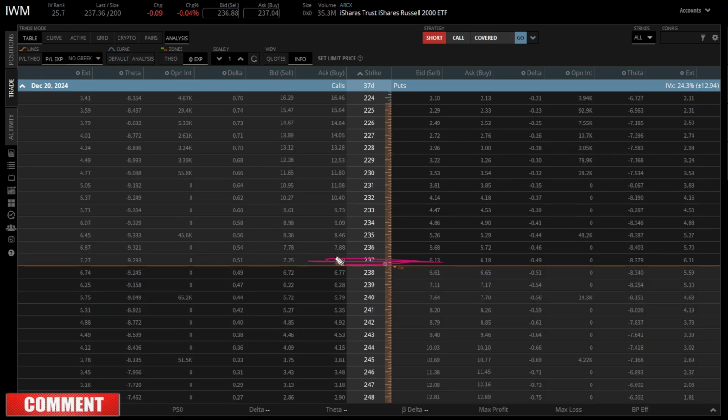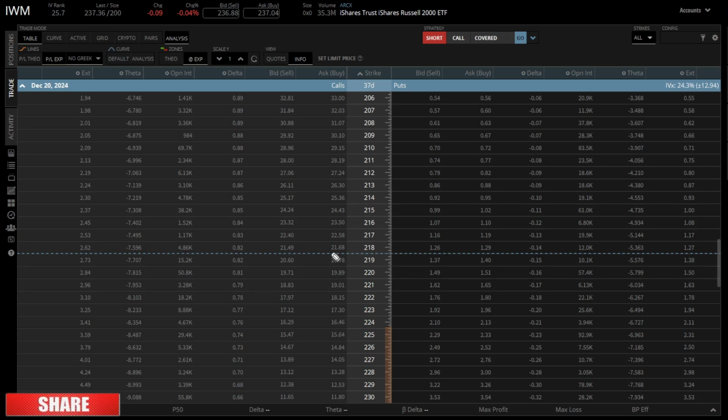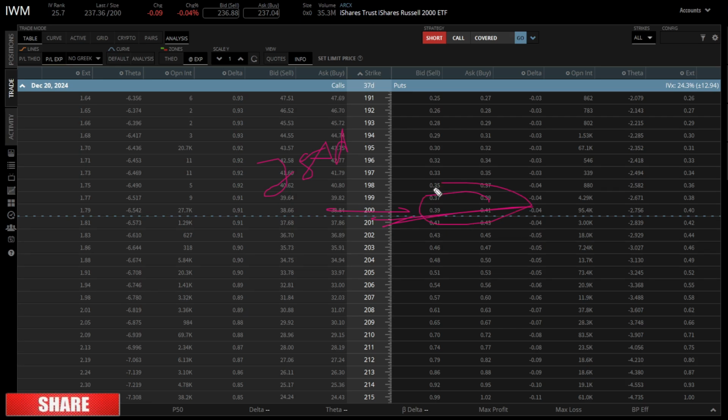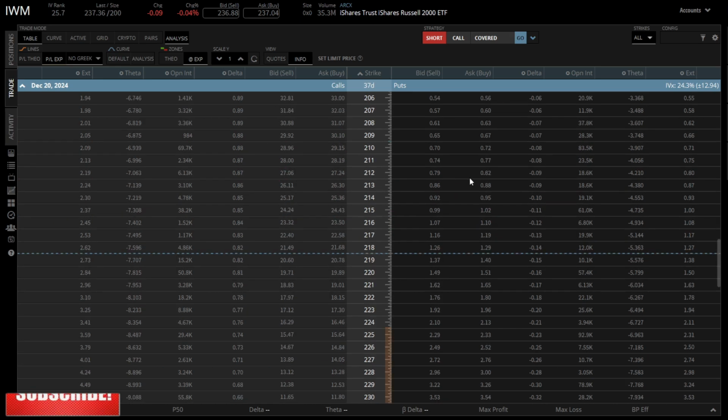This is where the market price is right now. If you scroll down, this line here is 1 STD. If you go down again, this is 2 STD. I don't go very low here because I need to make sure I collect some decent premium. Although the deltas here are only 4 deltas, I need to collect, guys, at least a decent premium.